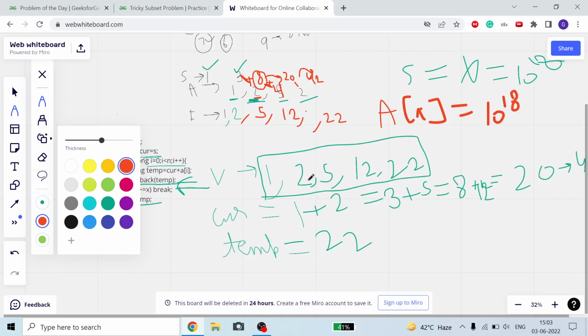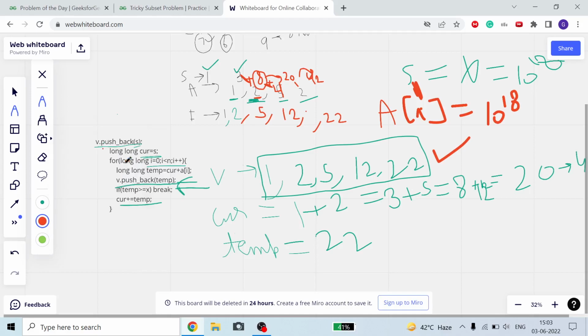Then when you are doing this plus this, it will overflow and you get a wrong answer, some minus values, so you will not get the correct v vector, meaning the final vector. So that's why, if my current value is greater than my x,